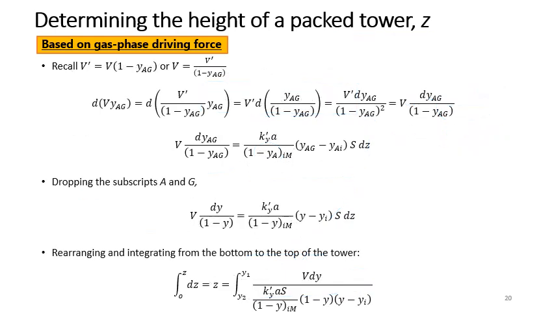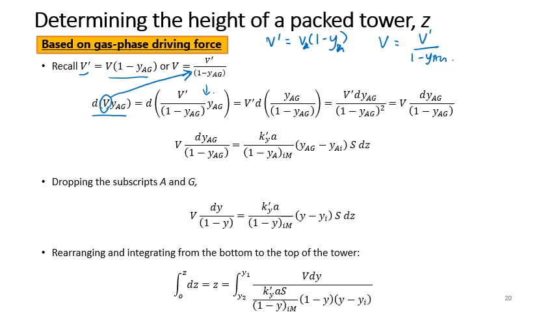Next, if you recall, the inert gas phase concentration V prime equals V times 1 minus Y, right? If 1, then it's 1. If 2, then it's 2. Whatever the subscript is, V times 1 minus YAG, or you can rearrange to get V equals V prime over 1 minus YAG. So the same thing, you put this inside this equation of d times VYAG. So you substitute V here with this term, and then you get this, and then you